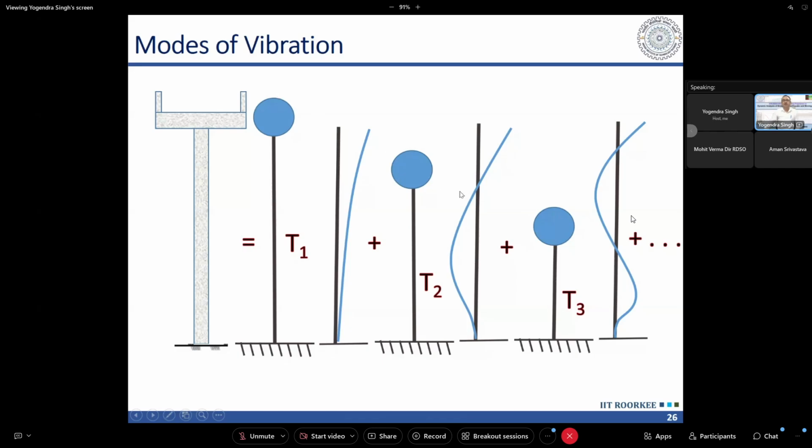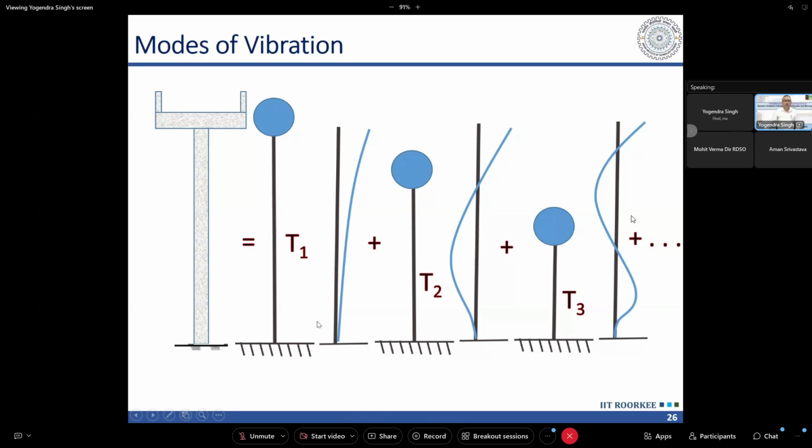And as we consider higher and higher modes, the period is reducing, and at the same time its contribution is also reducing. So generally, if we consider the initial 3 to 5 modes, we get enough accurate results. And the code provides for buildings as well as bridges that we should consider as many modes as are giving